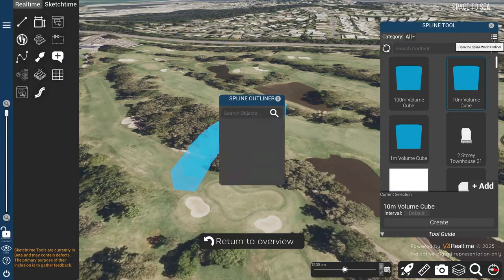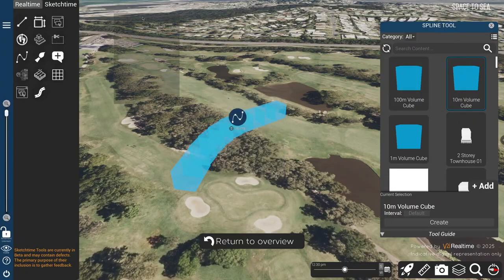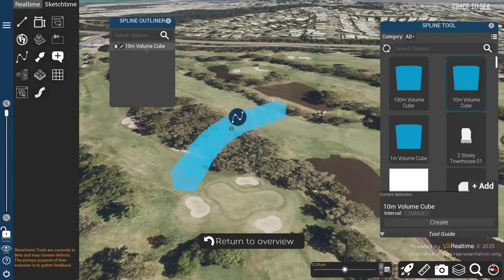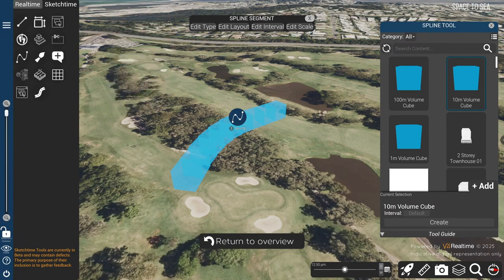I can open up the world outliner and see all my current splines in the world. I can click on them to jump to them. I can press the edit button to bring up the edit menu for that one, and I can delete it from the world. I'll close the outliner for now,